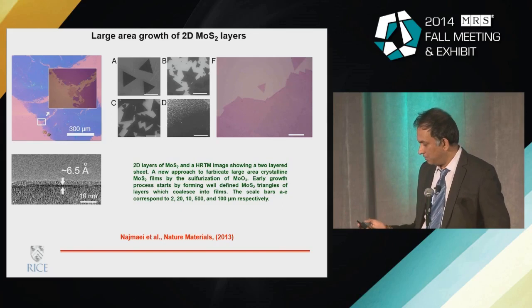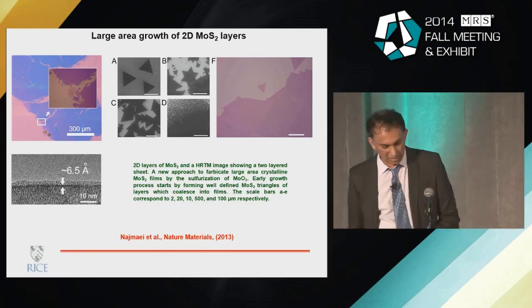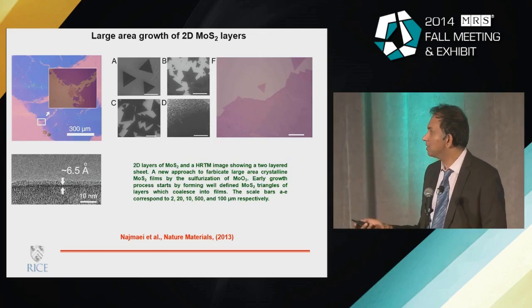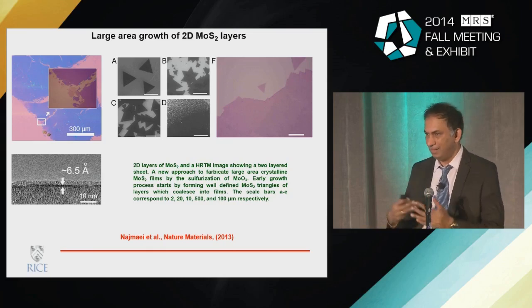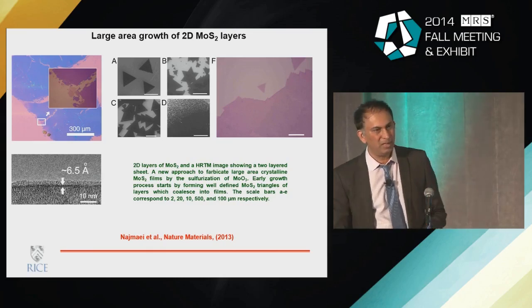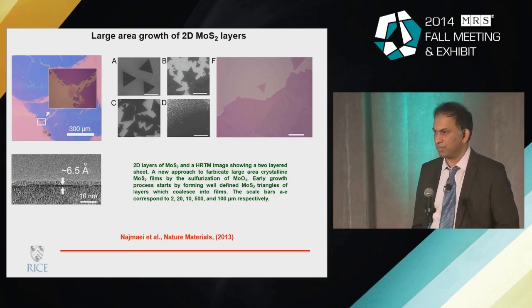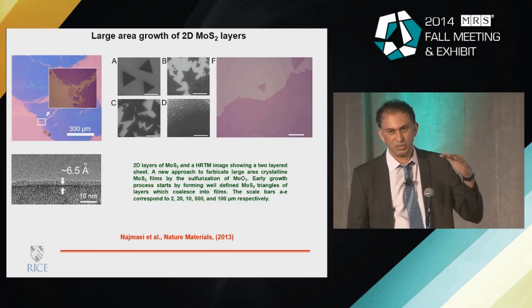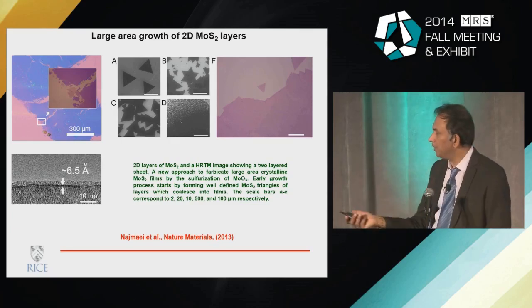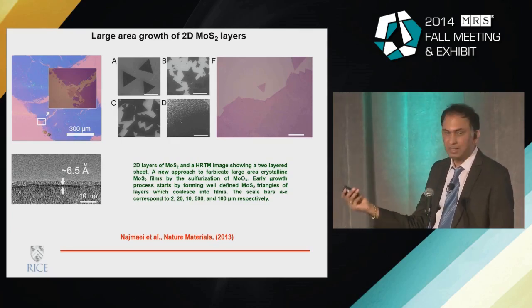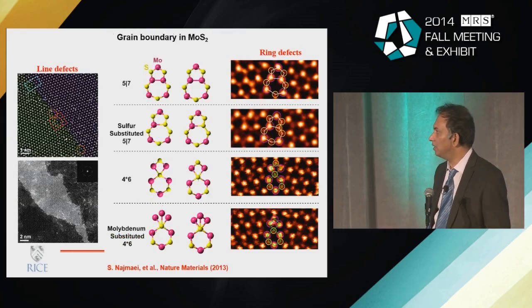Again, several groups have focused on growing these into large domains, which could be useful for experiments. One of the things that we did recently was to use a molybdenum trioxide precursor, evaporate it along with sulfur, and it forms these beautiful monolayers. The monolayer of molybdenum sulfide is more like a trilayer, with 2 sulfur and 1 molybdenum in between. But they can be grown over large scale in a reasonable way.